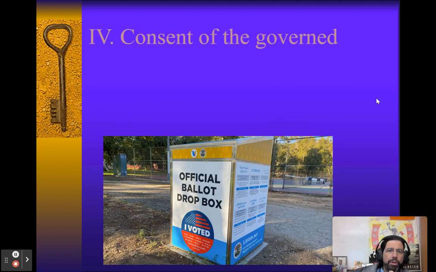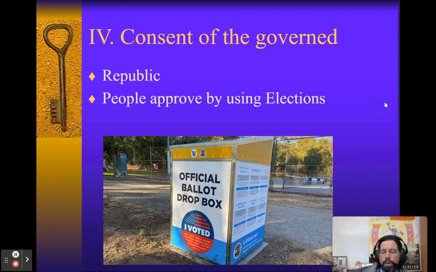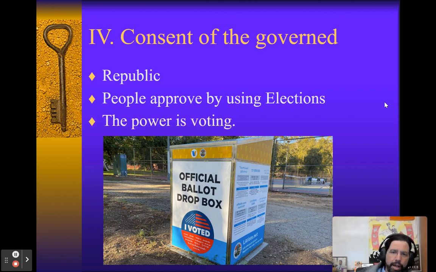Okay, but power in federalism is shared between national governments and regional governments, otherwise known as state governments. Theory number four: you have to have permission of the people to actually rule. And this is the idea behind the concept of a representative democracy, a republic. The people approve who's going to govern them based on elections, and the ultimate power in doing that is the act of voting. You have to have free and fair elections. They need to be consistent. They can't be delayed. They can't be manipulated or overtly influenced by government officials. The ultimate power comes from the people. And how do the people consent that they can be governed? By having representatives that are elected through the process of voting.